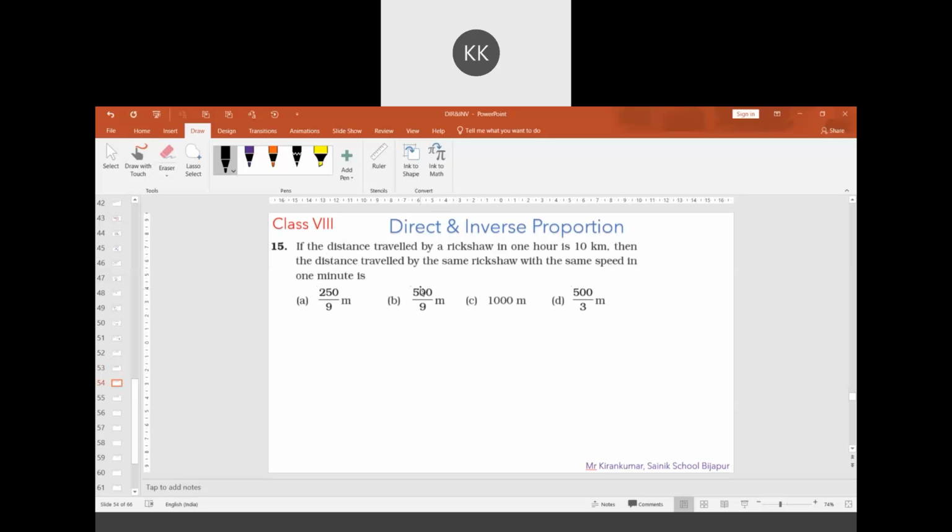Question number 15. If the distance traveled by a rickshaw in 1 hour is 10 kilometer, then the distance traveled by the same rickshaw with the same speed in 1 minute is? Sir, 60 minutes is equal to 10 kilometer. 1 minute is equal to...